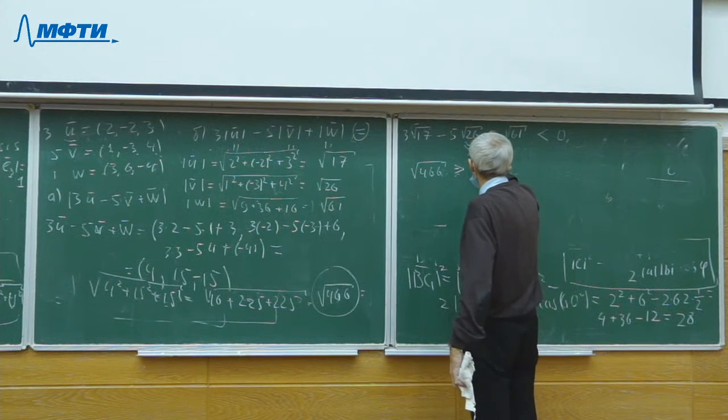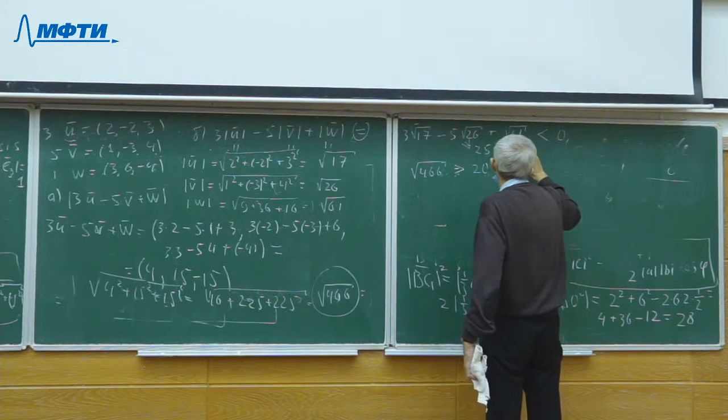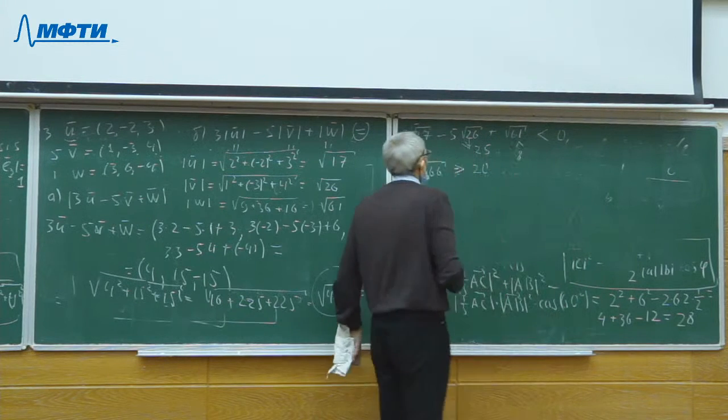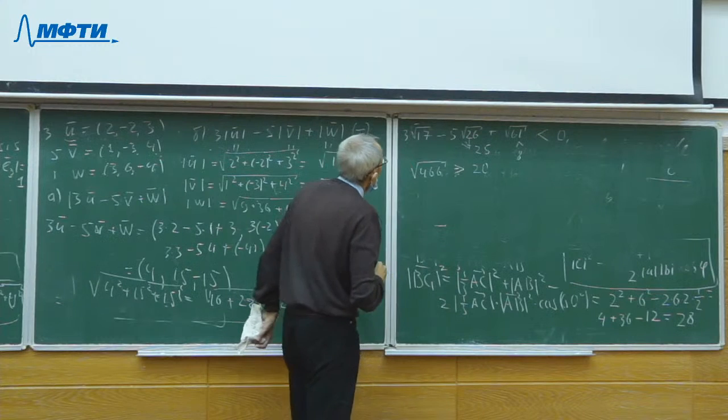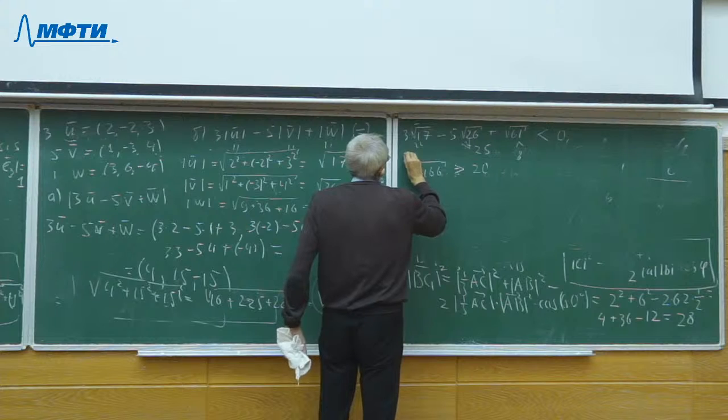Roughly speaking, the sum is more than 25. This sum is less than 4. This sum approximately,